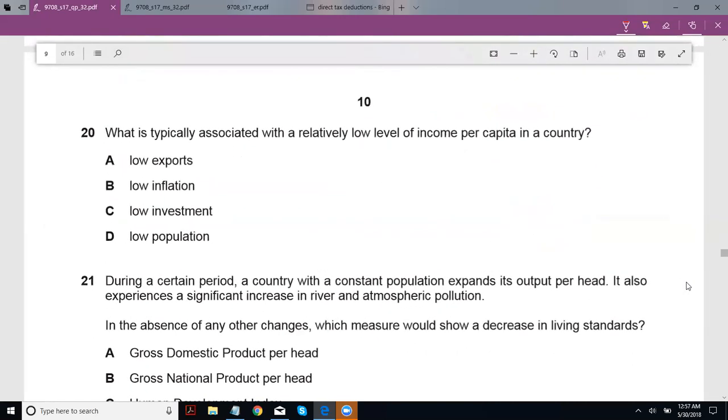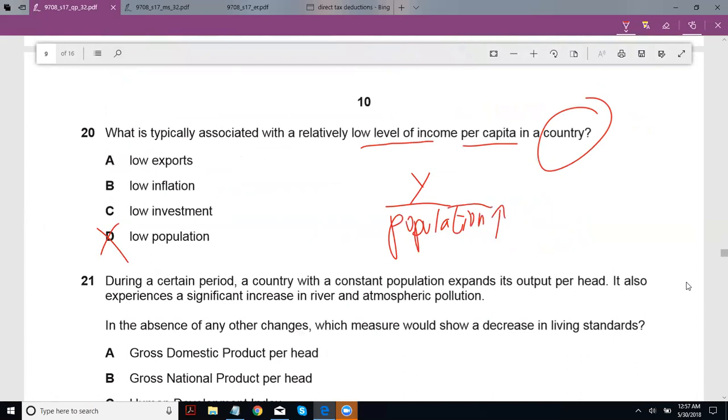Okay, so what is typically associated with a relatively low level of income per capita in a country? So you have a low level of income per head in a country. So you wouldn't have a low population, because national income divided by your population is how you calculate income per capita. So you would want a high level of population to ensure that the entire fraction goes down. So perhaps low investment could be a possibility. You would probably have high inflation, because you normally have this stuff in